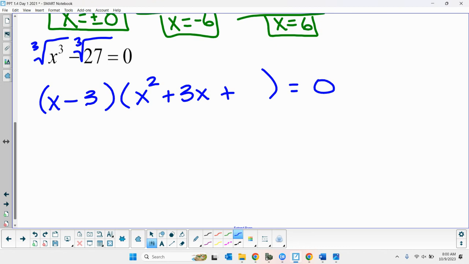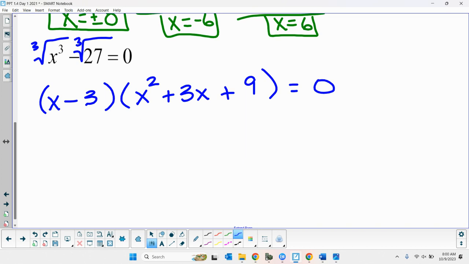So we squared the x to get the x squared. We multiplied them together to get the 3x. And then we squared the 3 to get the last term, 3 times 3. Again, the third term was always plus, and this middle term was always opposite of what was in our binomial there. You guys remember that? I haven't done one of those for a while. Okay, so